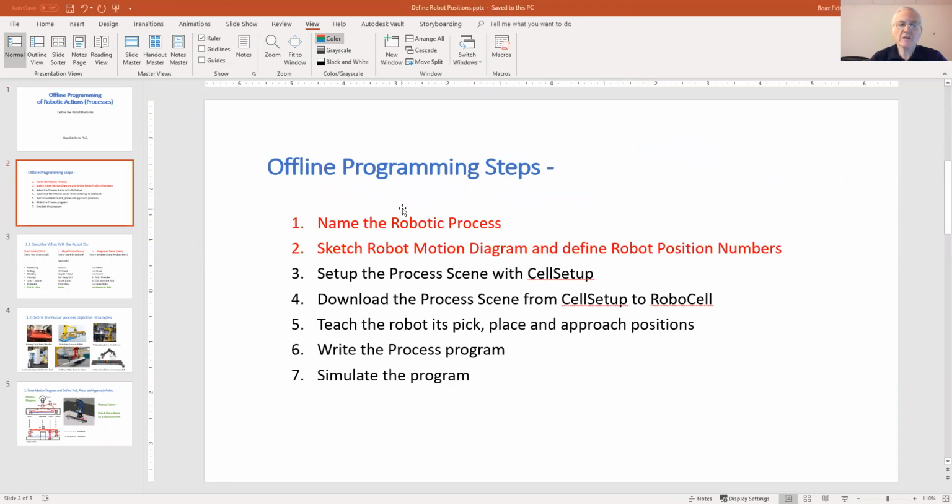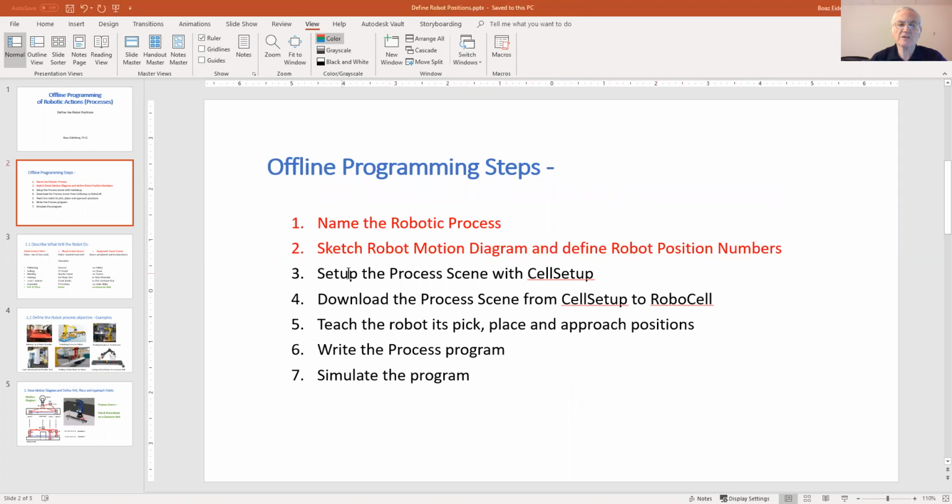We start with looking at the programming steps. It is a good idea to name the robotic process that we're working on, such that the colleagues that work with us will know what it is that we do. Then, sketching the motion diagram of the robot and defining the robot position numbers.